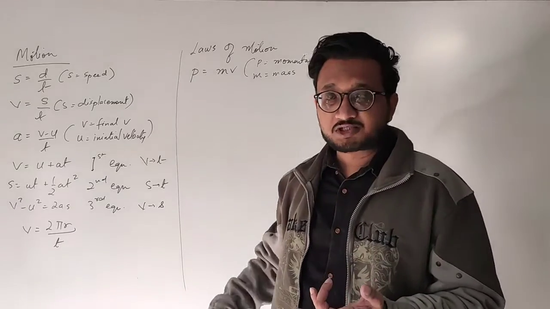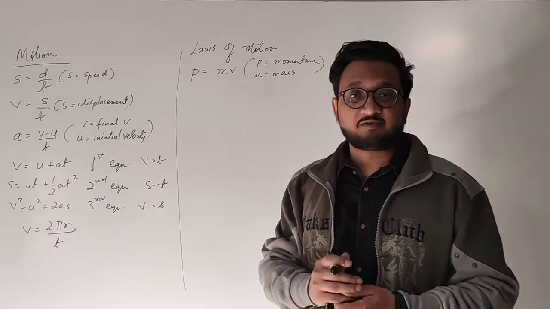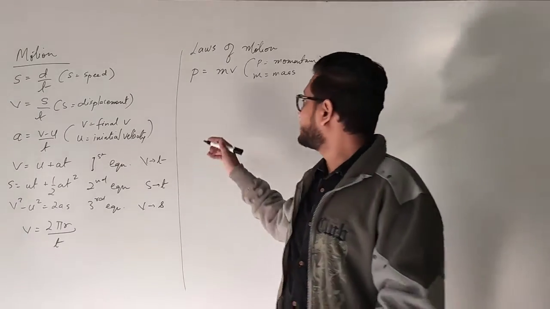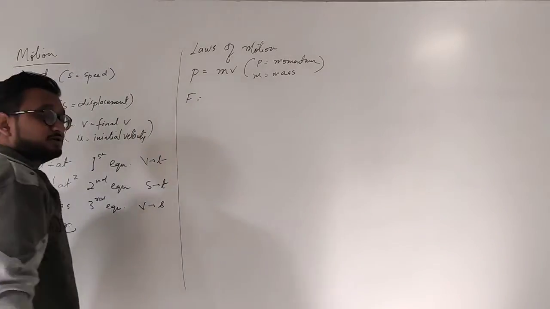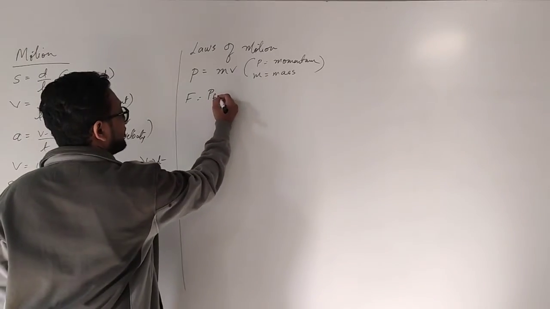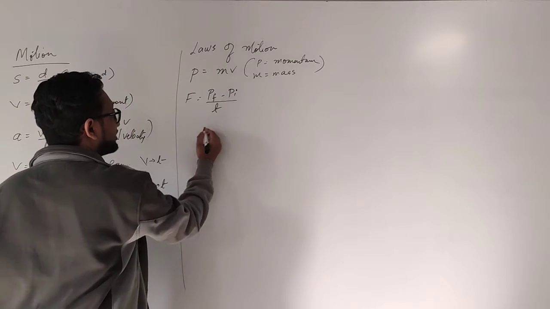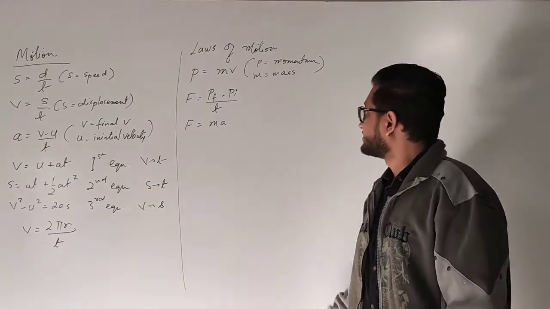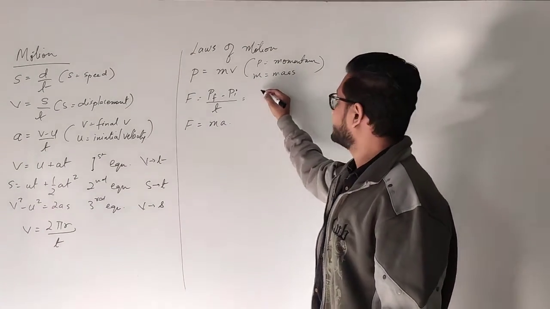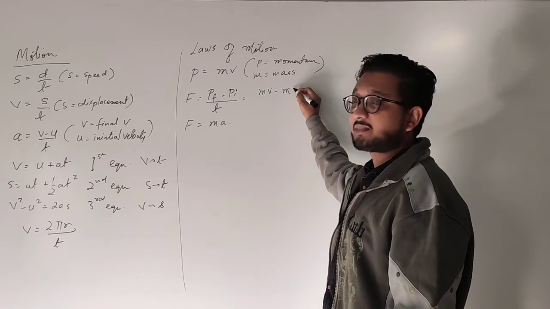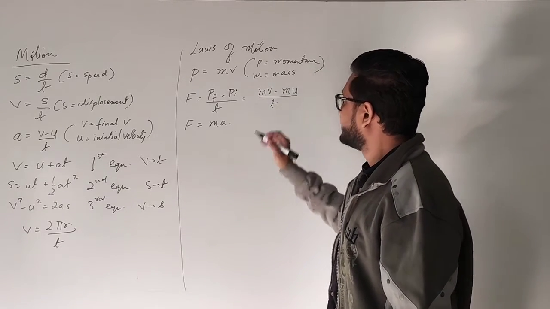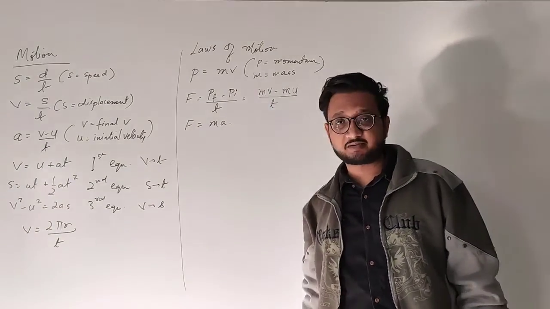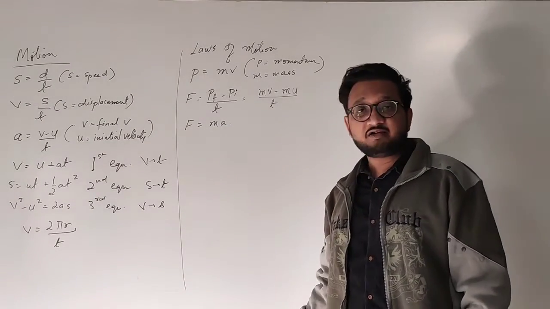And the second law of motion, which was based on the momentum, we know that force is equal to rate of change of momentum, that is final momentum minus initial momentum upon time taken, or force is equal to mass into acceleration. We have these two formulas. And this final momentum and initial momentum can also be written as mass into final velocity minus mass into initial velocity upon time taken. If you take m common, then v minus u upon t is acceleration. So we have these two formulas regarding force.